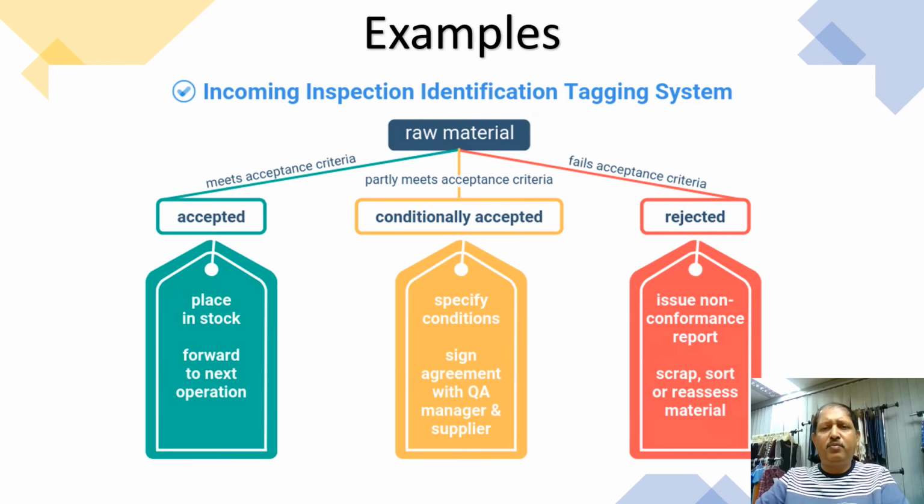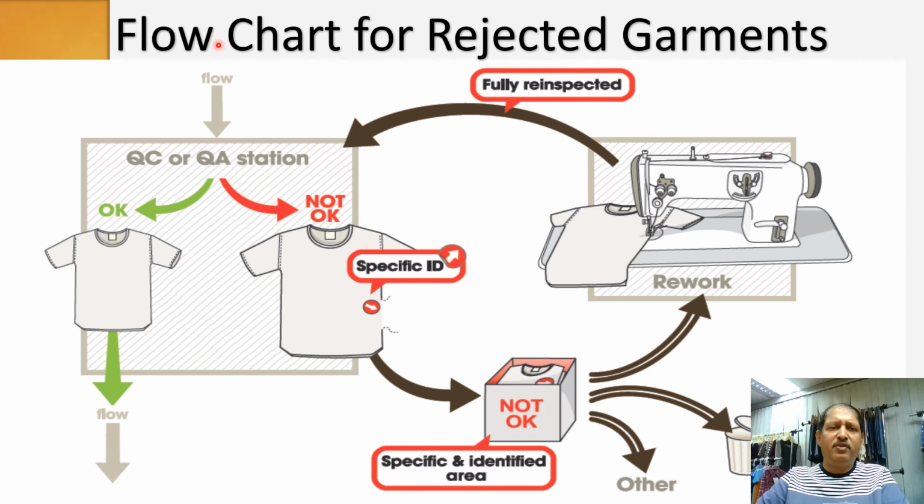Or a simple example of tagging in the garment manufacturing process. What we do on the floor, suppose this is a proper flow, a normal flow of the material which is coming to the quality control table or the QA table. We do the inspections over here. Everything which is okay goes and follows the flow, goes to the next process, gets packed. Something which is not okay, suppose there is a defect over here, we just put a sticker and give a specific ID to this particular defect. Let's say if the stitch is broken, we put broken stitch. If there is a hole in the seam, we say okay, it's an open seam. So with that specific ID, we have identified this. That's the first step of the nonconforming material control, identification.